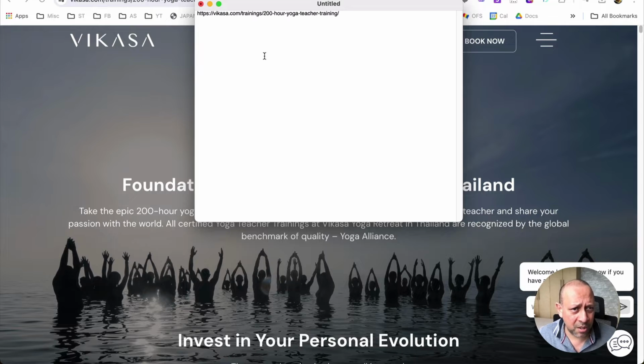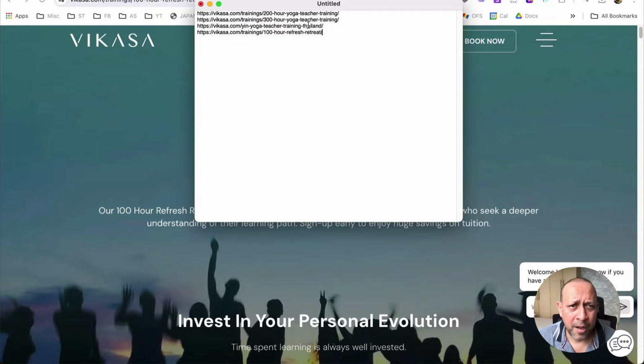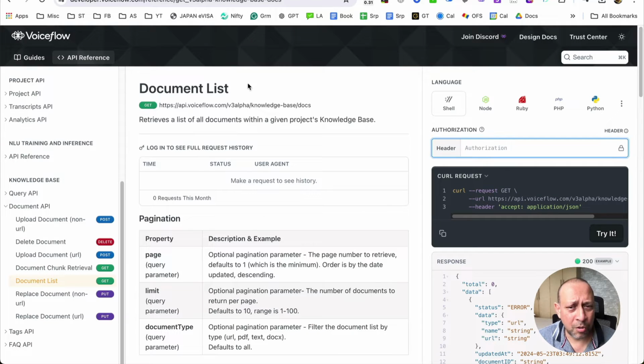So this is the first. So I have all the four URLs. Now let's go back to Voiceflow. We'll create an assistant and we will attach this in the knowledge base. All right. So let's